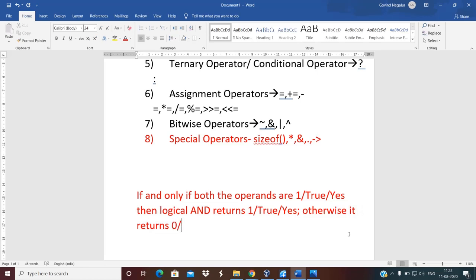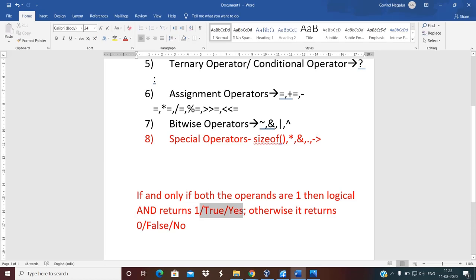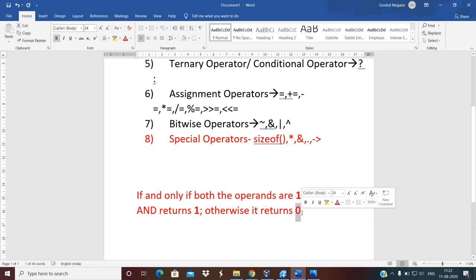No, it means false or no. For programming purposes we don't use the terminology of true or yes, or no or false, we just use 0 or 1. So I'll make this bold. This is the statement to be remembered for logical AND: if and only if both the operands are 1, then only logical AND returns 1, otherwise it returns 0.